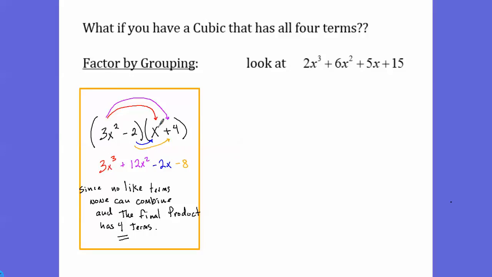if you FOIL this out, you'll see that you end up with 4 different terms, and these 2 center terms can't be combined because they aren't like terms. That's how you have created a polynomial that has 4 different terms. So when we unwind this, when we take it apart, we'll actually have to create a set of